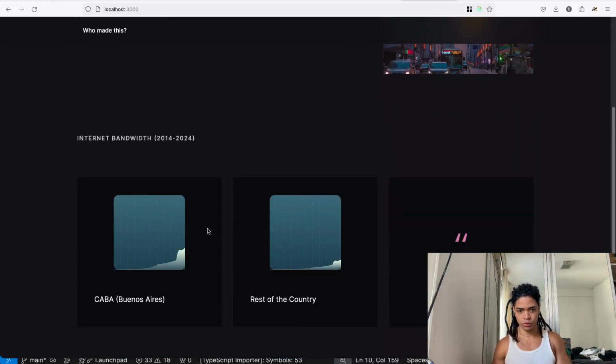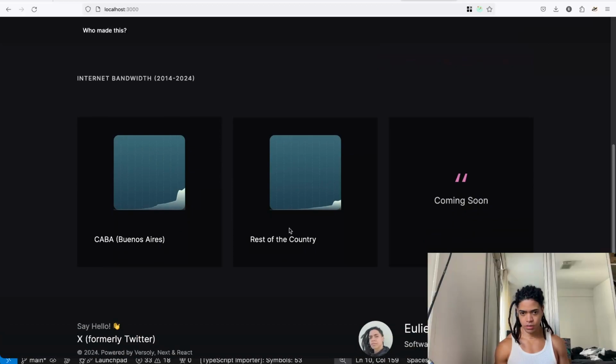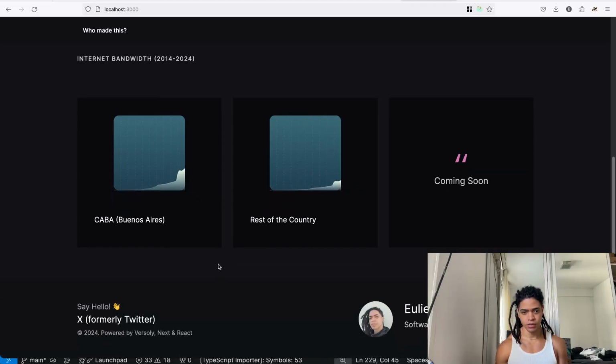Internet bandwidth 2014. But this is megabytes per second, bro. Okay, now it's just refining something here, right? Like megabytes per second. Exactly. Megabytes per second. Same for this, and there you got it.